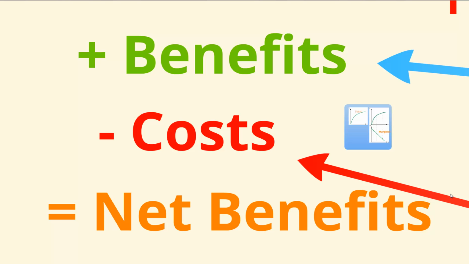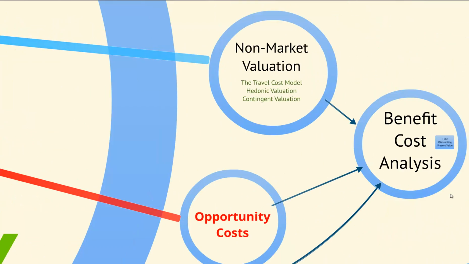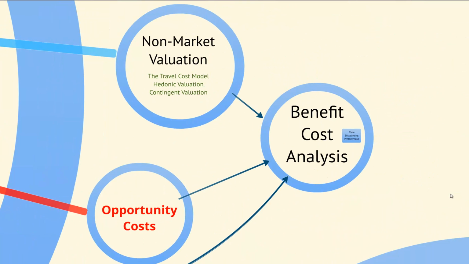Now, of course, when you're talking about a box of cereal or something like that, it's easy to talk about what's the value of that. You just look at the price. But when you're talking about non-market resources, let's say pollution or something like that, we're going to have to think about non-market valuation. And we're going to look at three different techniques that are used to do non-market valuation. Costs are always in terms of opportunity costs, and we're going to focus on that throughout the course. And then when you take those two together, you can frequently do sort of project analysis and what we call